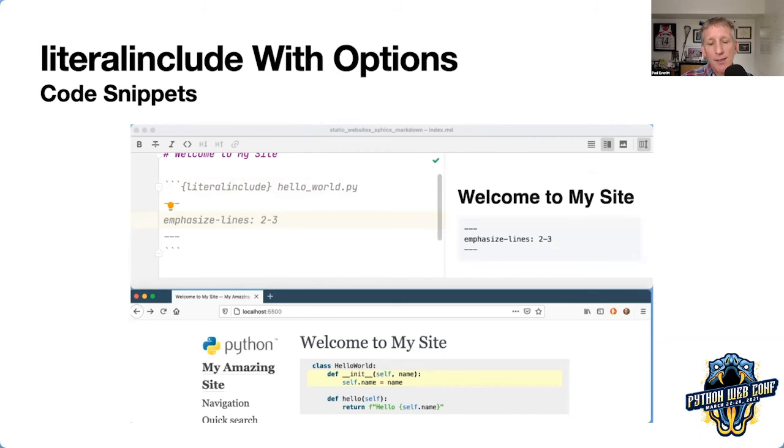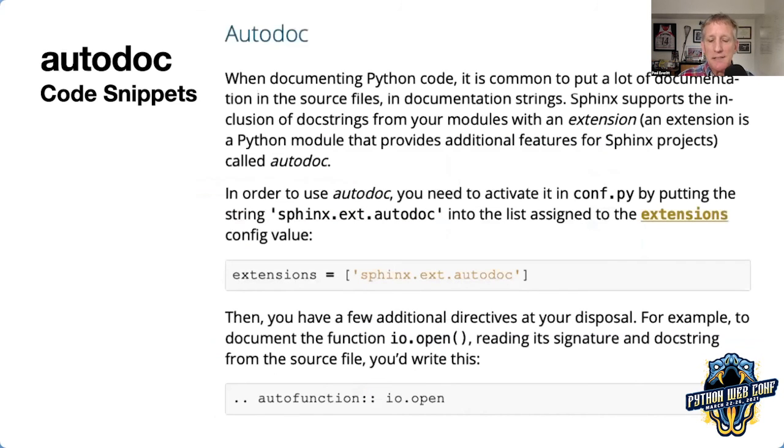Then the granddaddy of them all, Autodoc. Most would say this is the heart of Sphinx: pointing Sphinx at your code and having it just walk through everything and generate essentially API docs. Extremely powerful, a big ecosystem of add-ons, lots of fun to work with. Here is the Sphinx page, or maybe it's the Read the Docs page. I think it's the Read the Docs page about Autodoc.